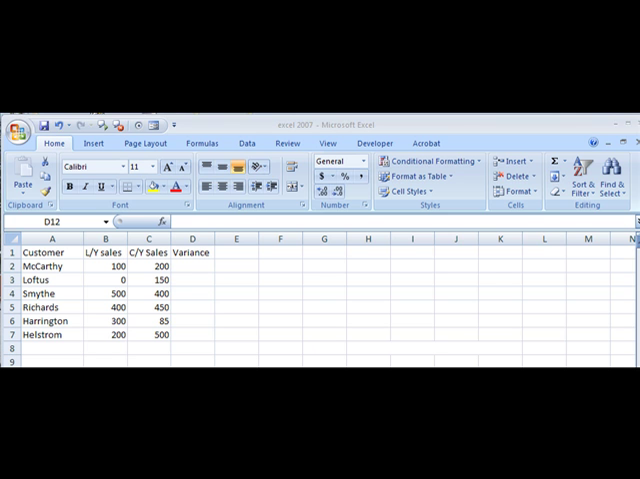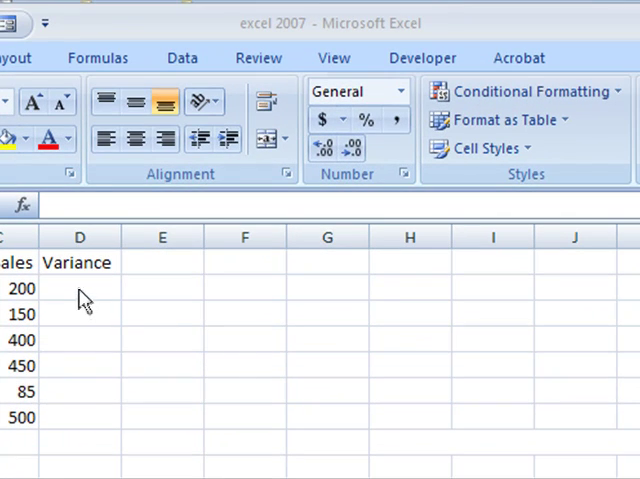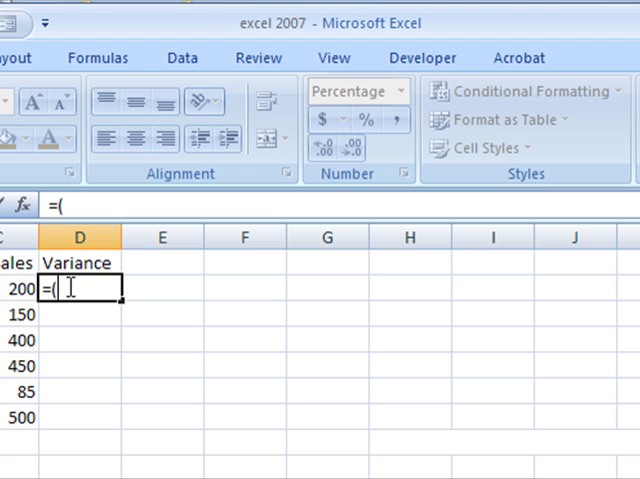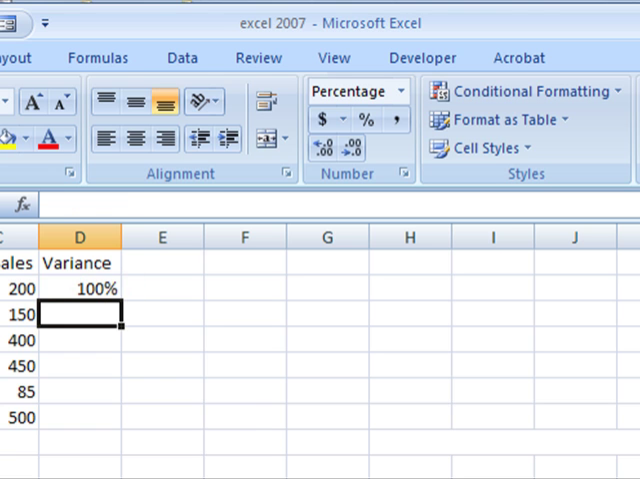Let's see how it would look before using it, and then I'll show you how it would look after. So I've got a pretty simple spreadsheet here. I've got customers, last year's sales, current year sales, and I want to calculate my variance. So I'm going to click in cell D2, and then I'm going to do my parentheses, equal C2 minus B2, and then because I want it as a percentage, I'm going to divide it by B2. Okay, so I get 100%